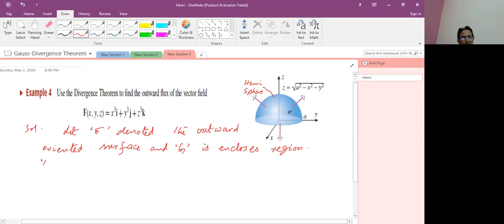So the divergence of the vector field is